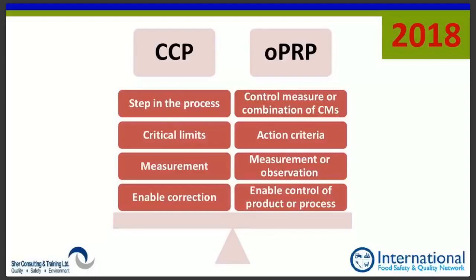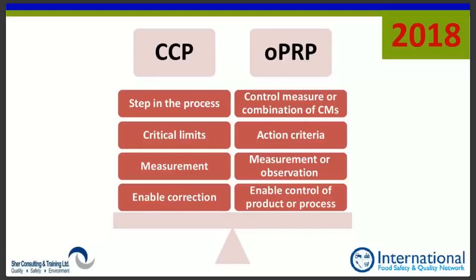What this means is, if we go into detail, truthfully, it's the same thing. But some people argue that if you're doing it at the end of the day or maybe the next day, then it's not a correction. Still, the principle that it cannot leave the plant is valid for both of them. If a product has been produced where the action criteria have not been met, or the critical limits have not been met, it's the same thing. It can't leave the plant unless, and we'll get to the unless in a second.